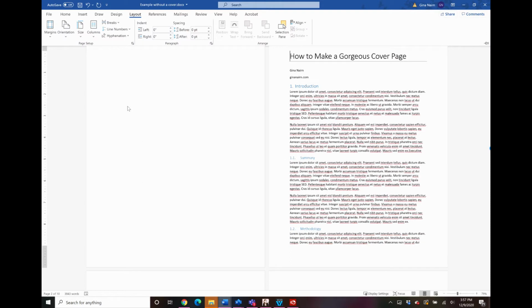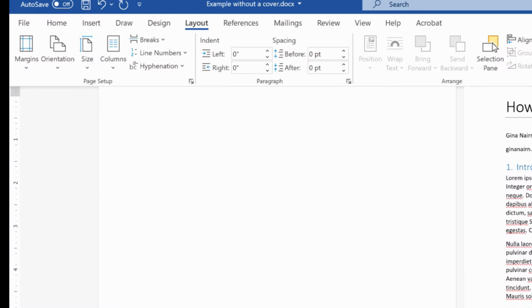It does almost the same thing as a page break, except that if in your document you have headers and footers and you want your cover page to be different, then by making a section break, you can make your cover page different and not have the headers and footers and page numbering of the rest of the document. So that's why that's important, and we'll go into that in more detail in another video. But for right now, we have a nice clean page that we can put our cover content on.